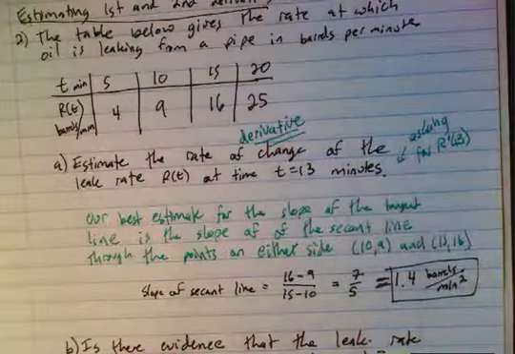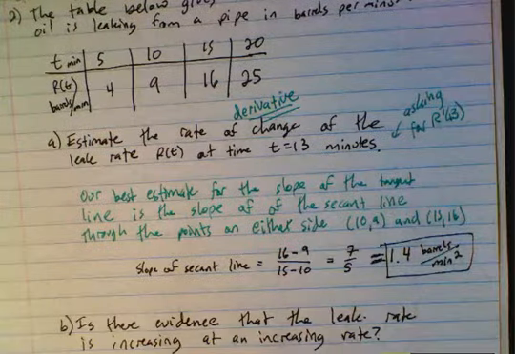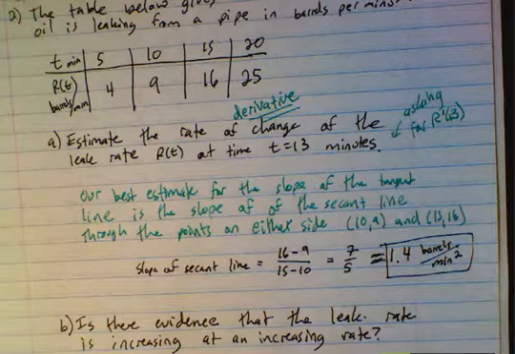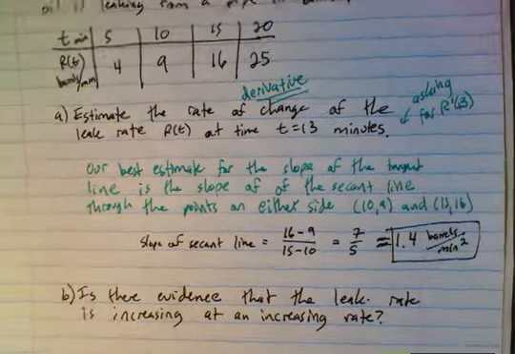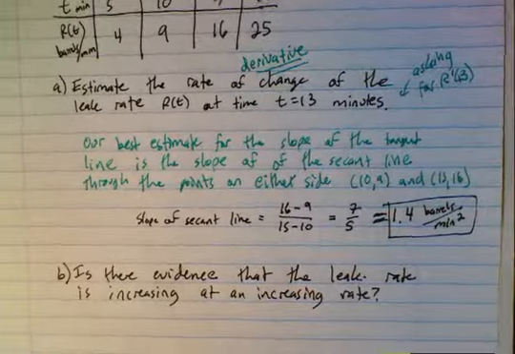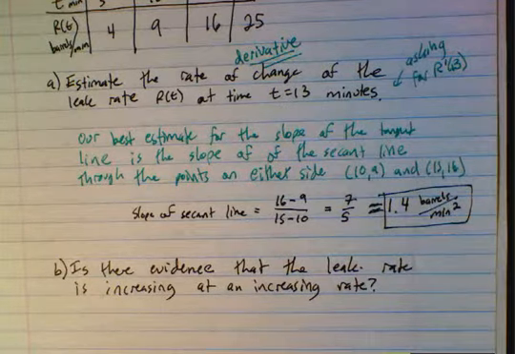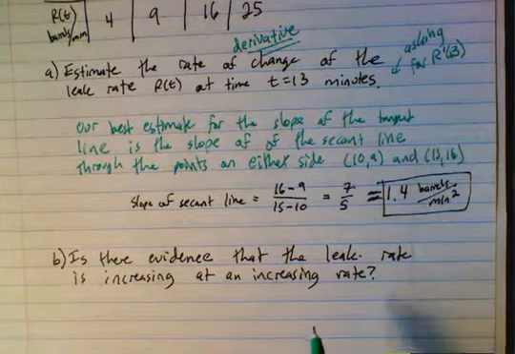And we want to know that because if it's increasing faster and faster, that means the problem is getting worse much more quickly than it otherwise would. It's not just a constant leak that's happening, but it's quickly getting out of control, and something needs to be done about it. So when we're asking is increasing at an increasing rate,